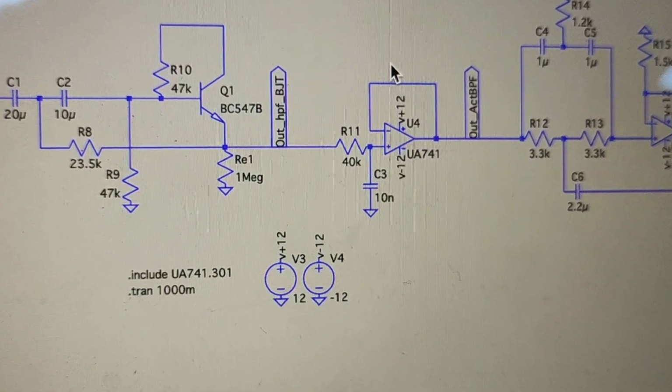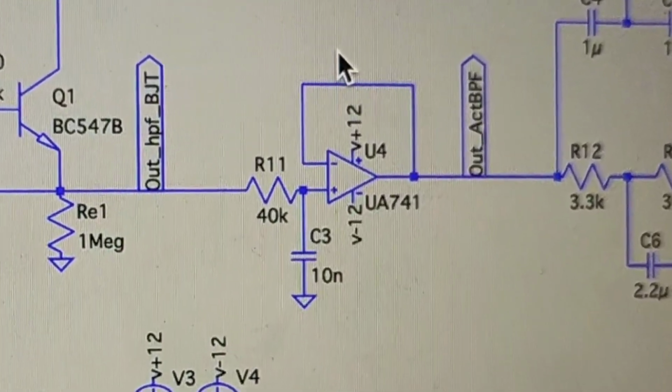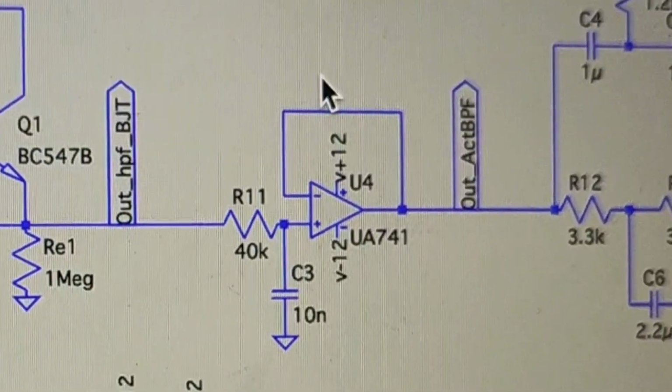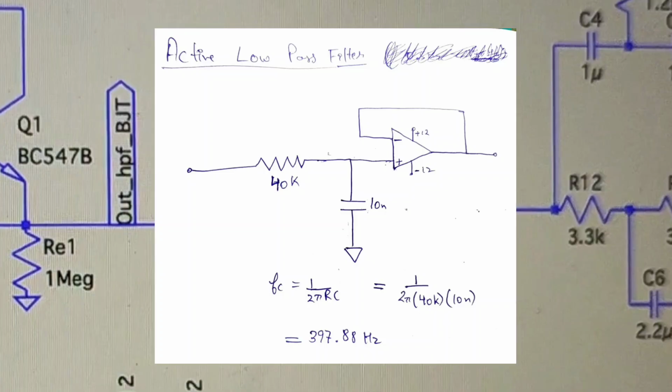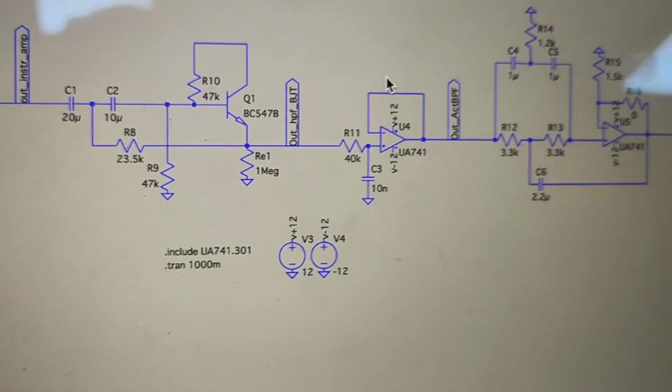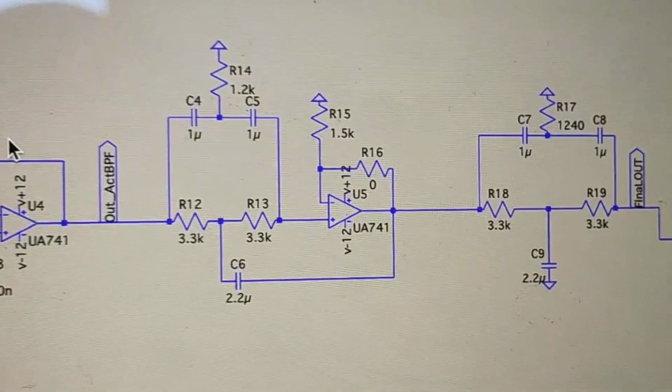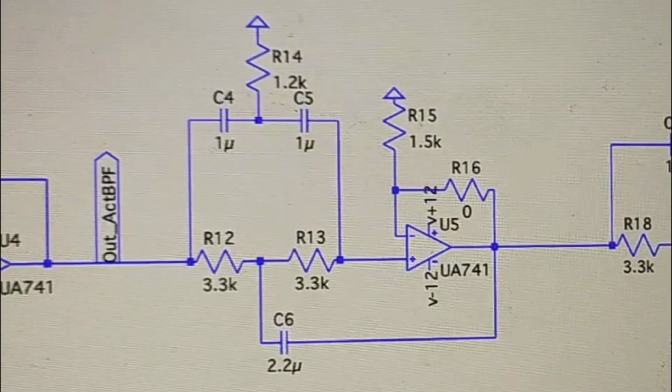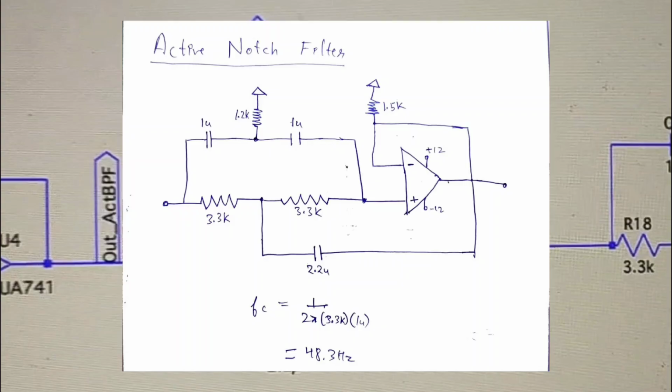Following this high-pass filter, we have an active low-pass filter. This filter attenuates high-frequency noise above 398 Hz. We choose a cutoff higher than the typical ECG bandwidth to ensure that we preserve all relevant cardiac signals. Next comes the active notch filter, which is critical for rejecting 50 Hz power line interference. The notch frequency is tuned close to 50 Hz to eliminate mains hum, which is the most common source of